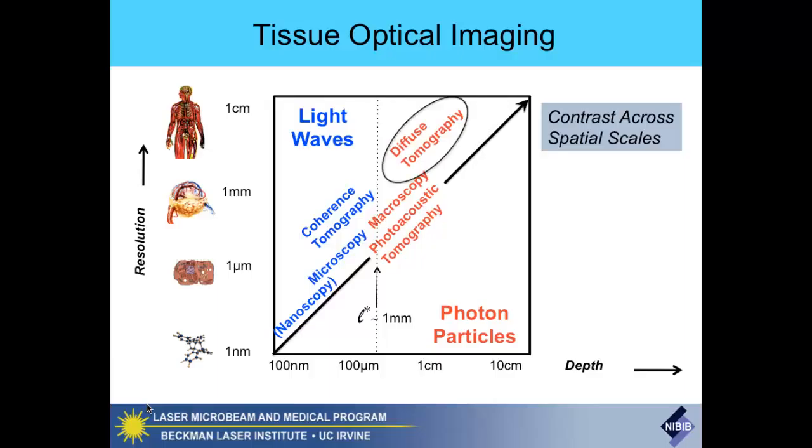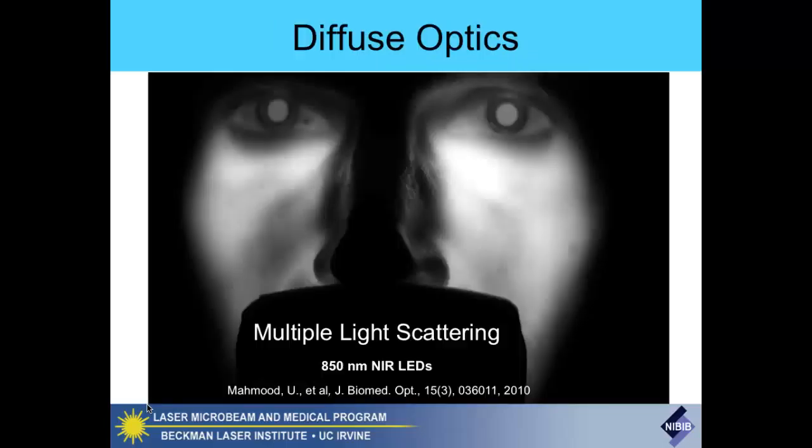So today we'll just talk about this spatial scale, diffuse tomography, and what kind of information you can get from it. But I'll always be referring back to the microscopic scale and inferring from our signals what's going on with cellular metabolism. Because ultimately, it's cellular metabolism that's driving the vascular changes that we're interested in measuring. Okay, so this is